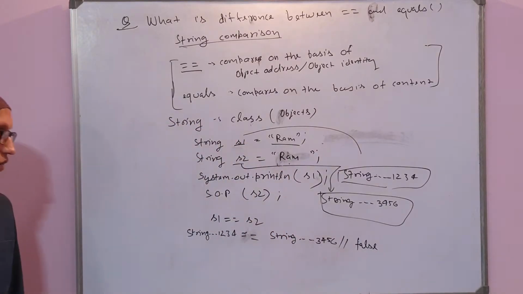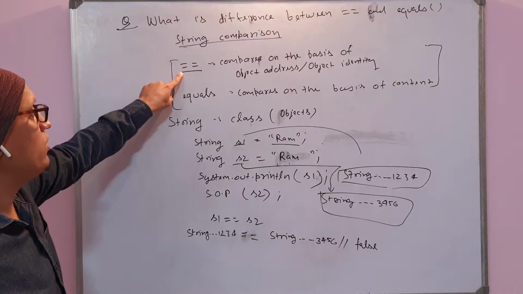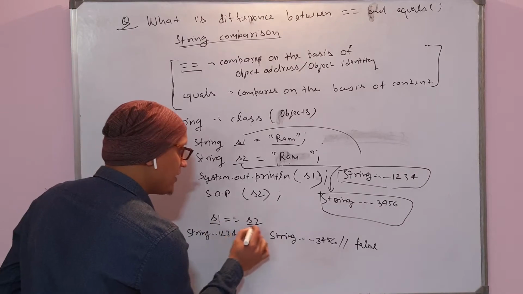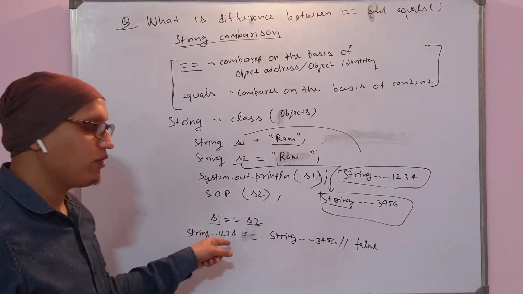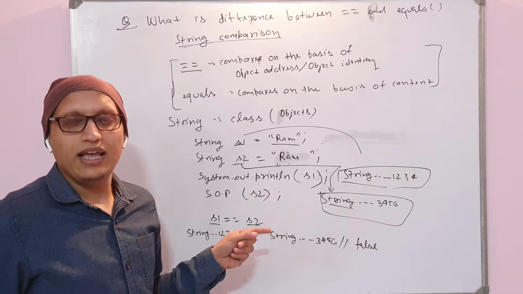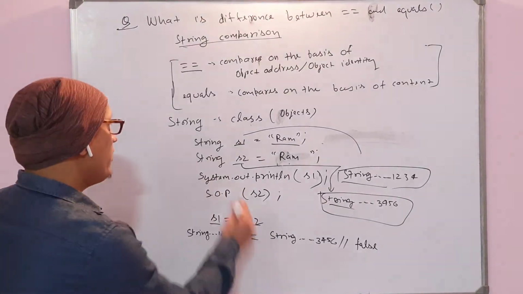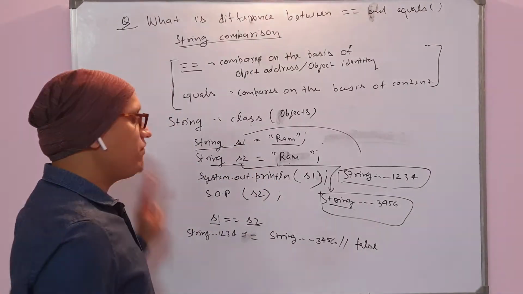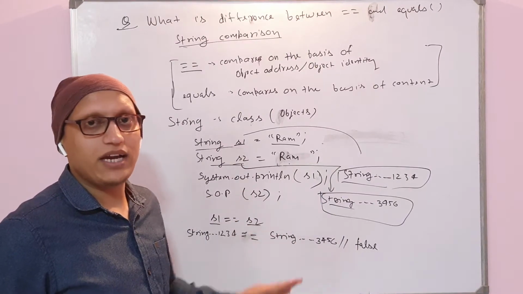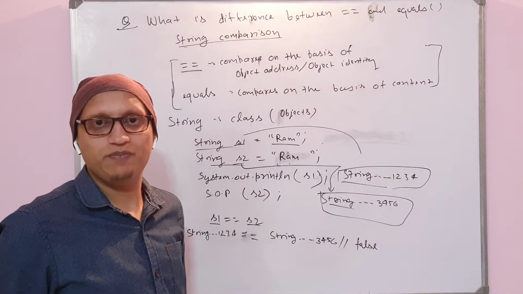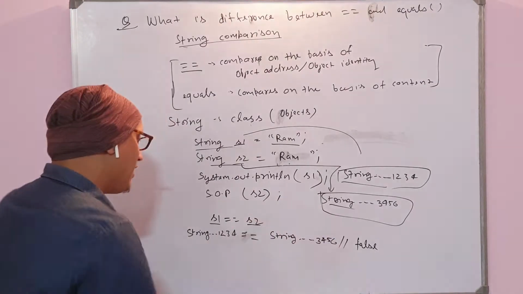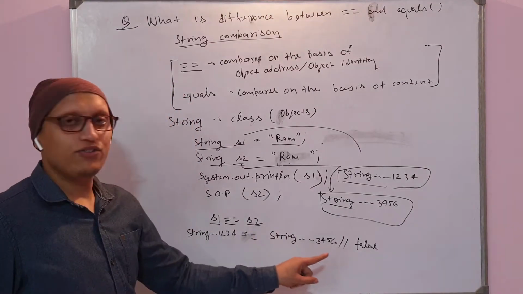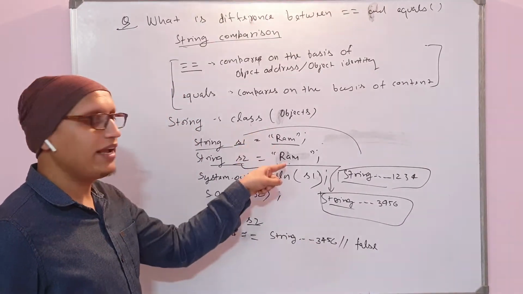That's why when we give double equal, it will return false. Whenever we use double equal for comparison in Java, it always compares their identities. Whenever you create an object of string type, as many times as you create, all the different objects will have their own object identity even though contents will be the same. So double equal always compares on the basis of identity. That's why it will return false, even though it looks very similar.